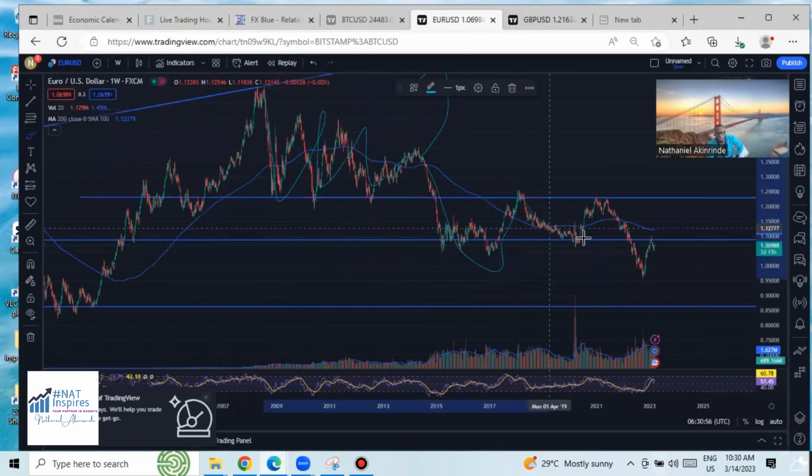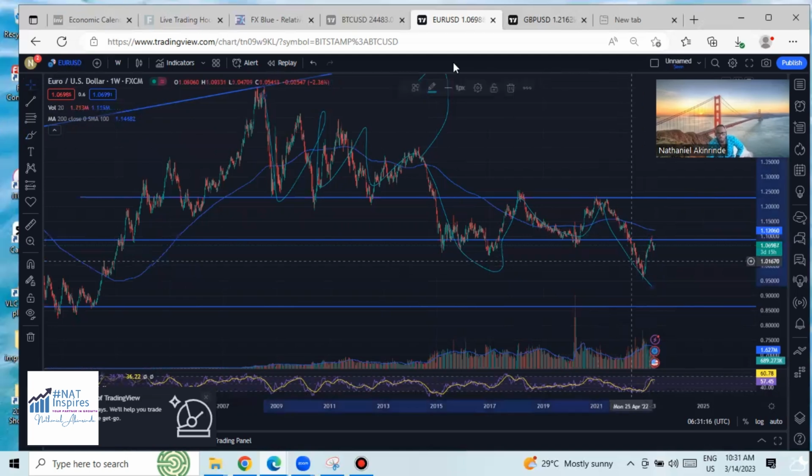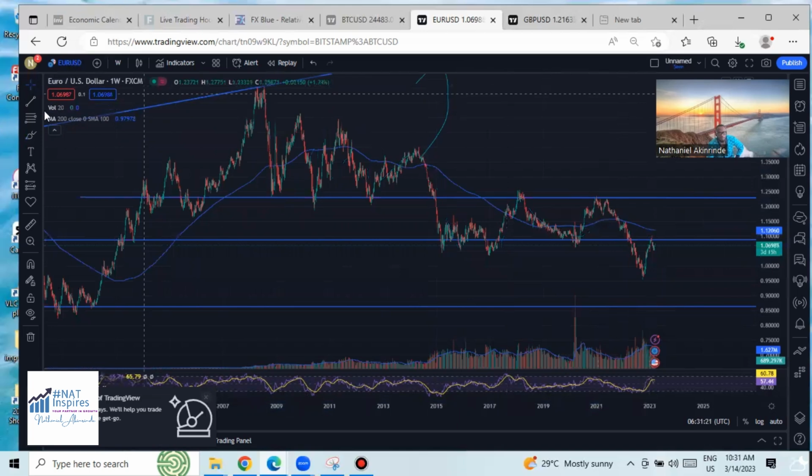support turned resistance. The sellers tried again, couldn't go. The buyers tried, no higher high. Instead, the sellers took over again. So all this to the buy side for me, I'm going to consider a discounted price for me to join the sells again on the weekly time frame. At least I'm looking to join the price to this very price